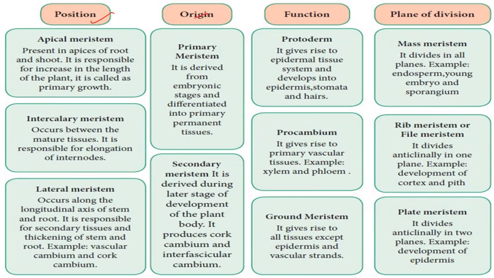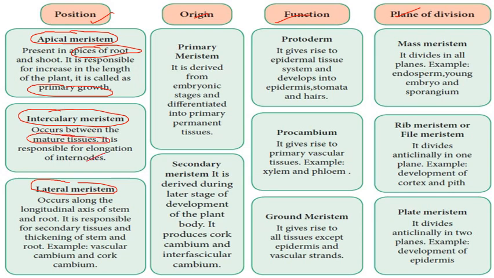The next, if I talk about the meristematic tissue and its classification, there are different types of meristematic tissue on the basis of position, origin, function, and plane of division. So I will discuss in brief. Firstly, on the basis of position, meristem is apical meristem, intercalary meristem, and lateral meristem. Apical meristem helps in growth in length and is present in the apices of root and shoot,